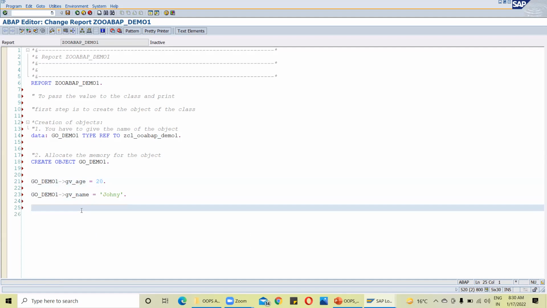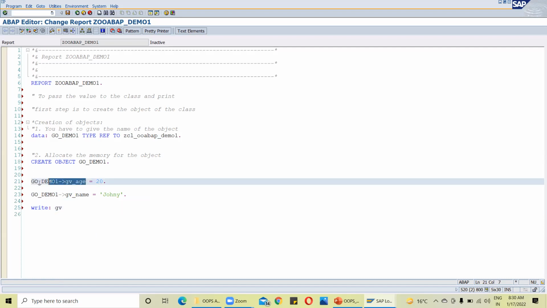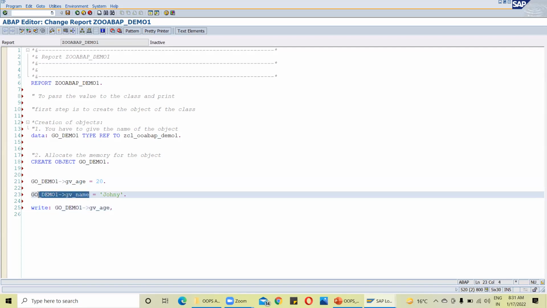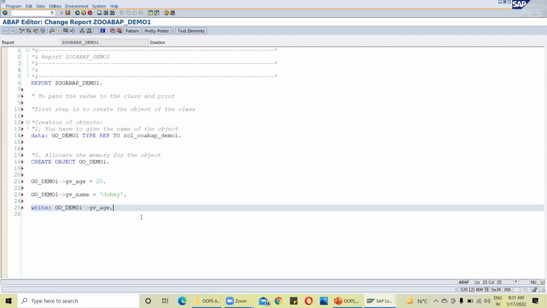And I just want to print it. So write it and I want to print. How can you print? Same, we can use: copy this, and comma, and copy this. This is how you can access the property. Simple, right? You understood how to access the property of a